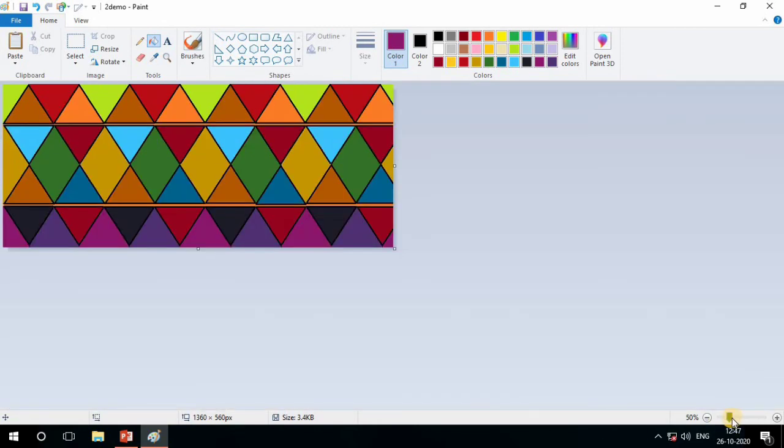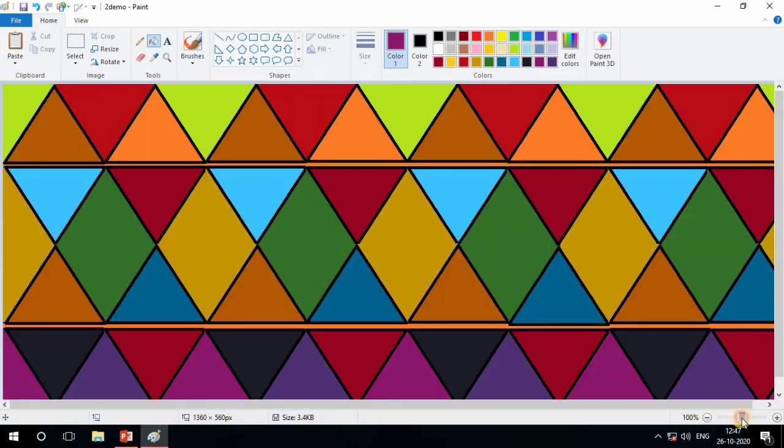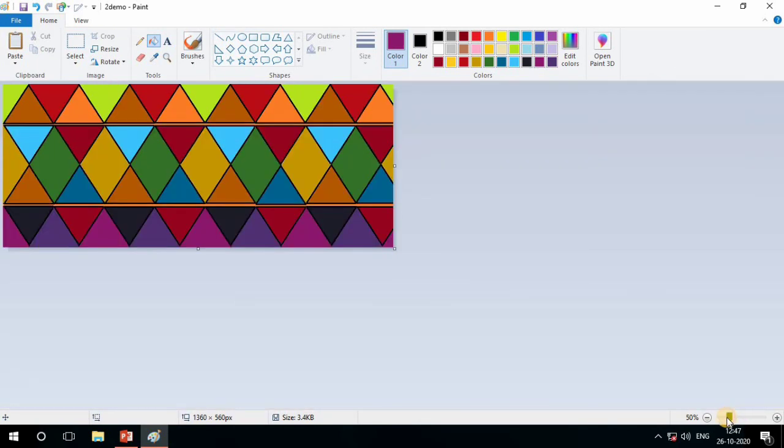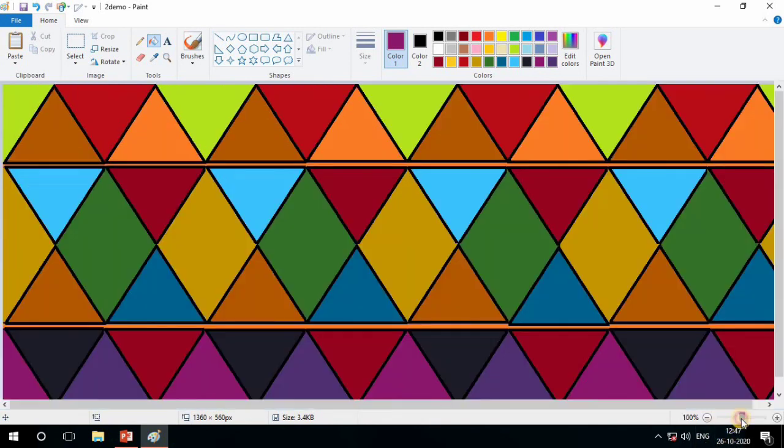Now see, I zoom out and zoom in from here. So this is our today's picture, the pattern, the design you can see also. Now from this design I have to make some other change. I just click this shade and you can see here I am drawing it here.